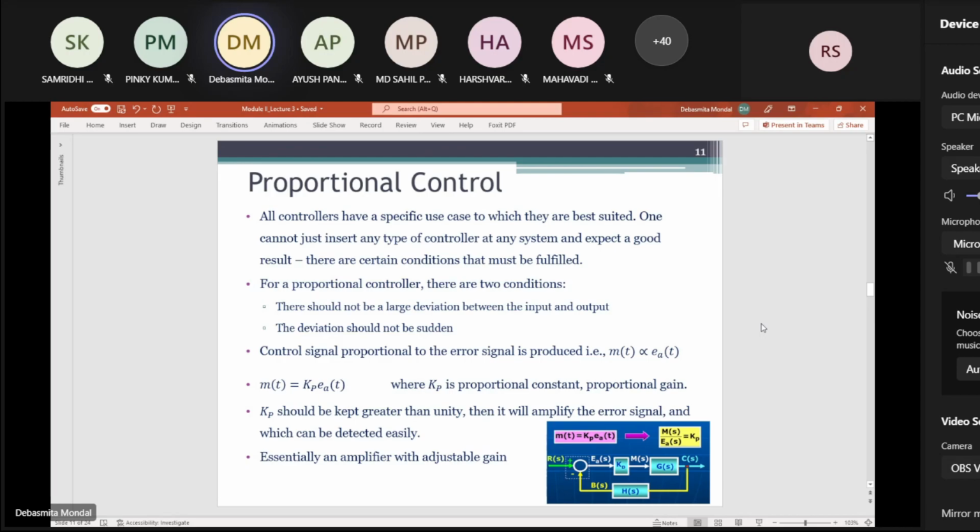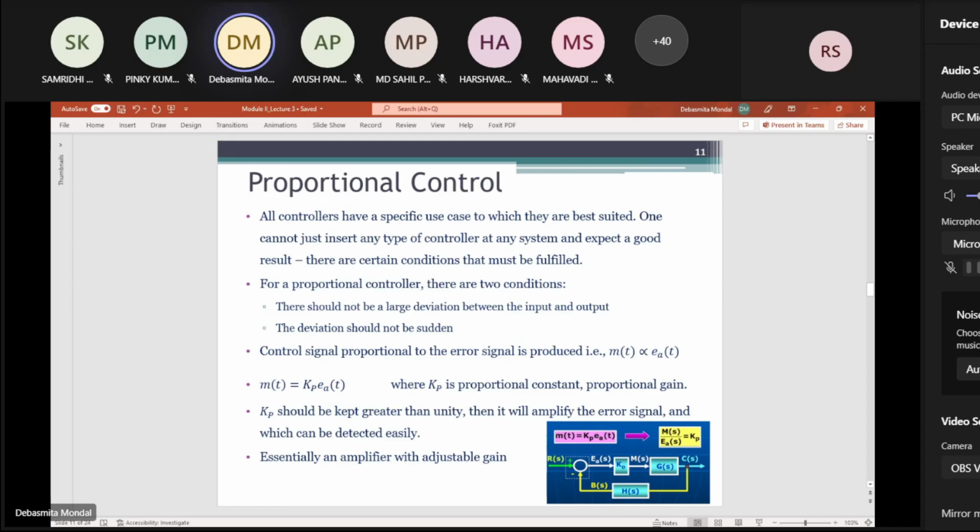In case of a proportional control, it works best if the deviation between the input and the output is not very large, and provided the deviation is not very sudden. If the error signal is changing instantaneously, in that case proportional control is not a suitable option. So what is proportional control? As the name suggests, the control signal which will be generated will be proportional to the error